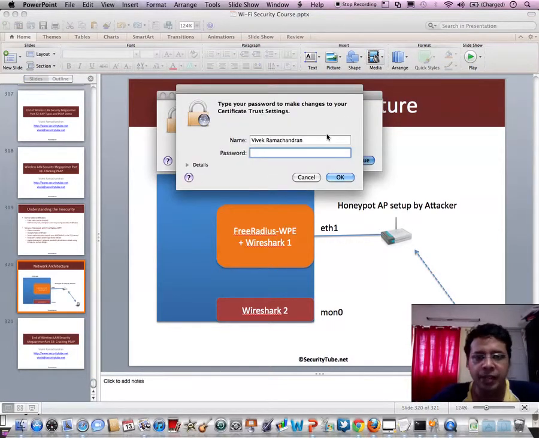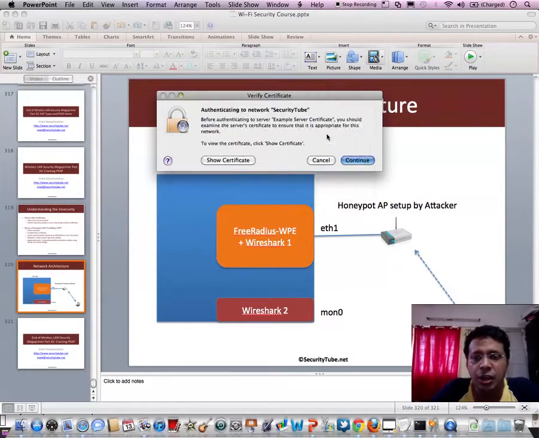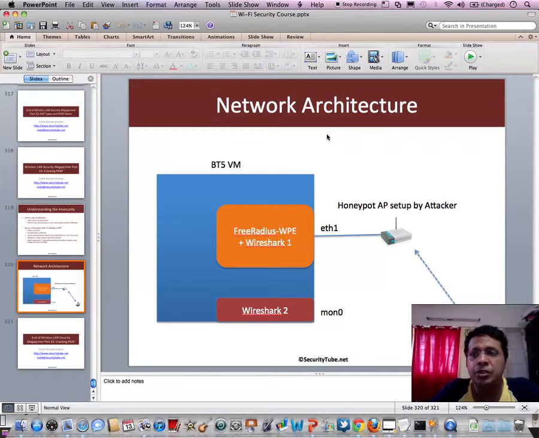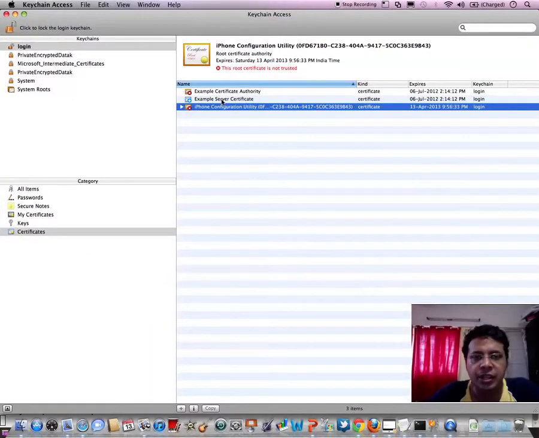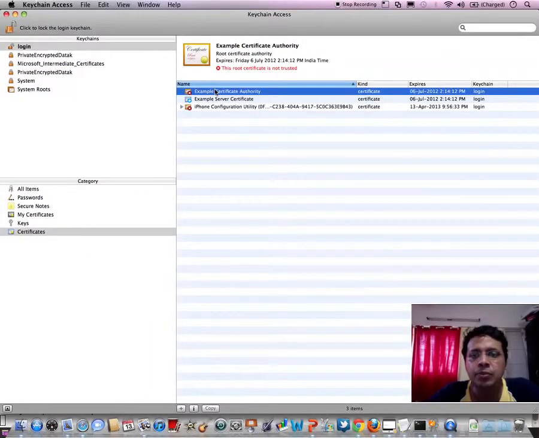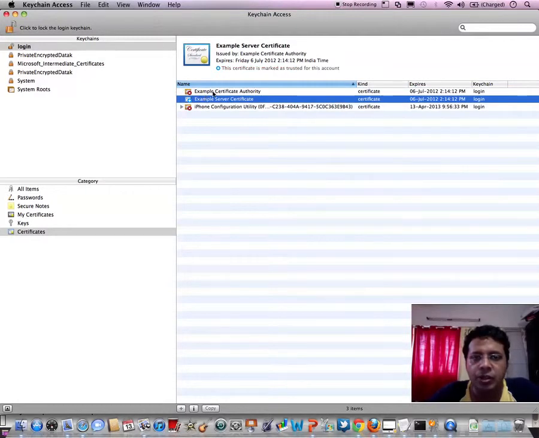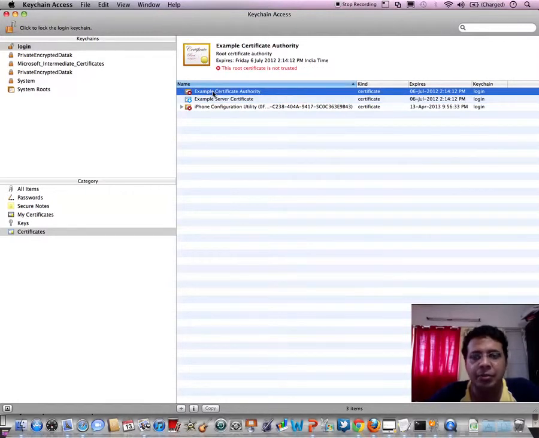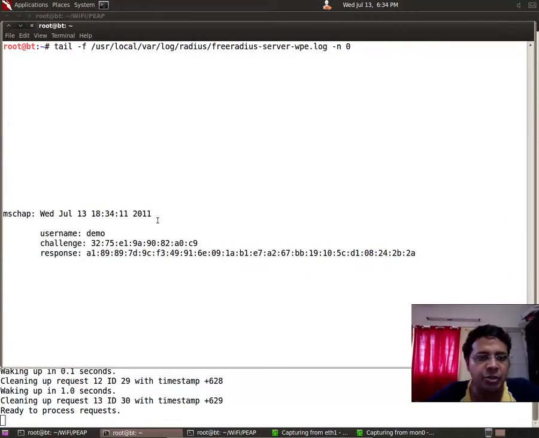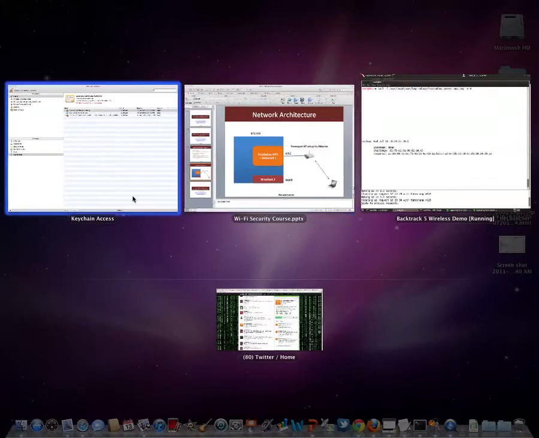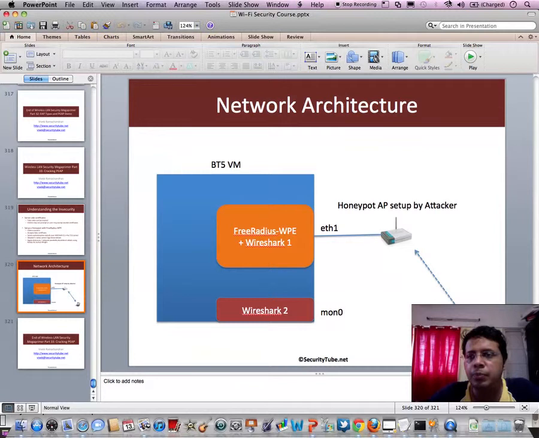The moment we do that, it asks us to go ahead and add this certificate to the chain of trust. Now, if we do this, this is going to be a major problem, and I'll tell you why. Because the moment we do this, this certificate has actually been added to our keychain. And from now on, this certificate will be blindly trusted by the client, which is our wireless interface. And if you notice, automatically, based on some credentials which I had put in a while back, it's even finished the authentication. Now these are not the correct credentials, so let me go ahead and